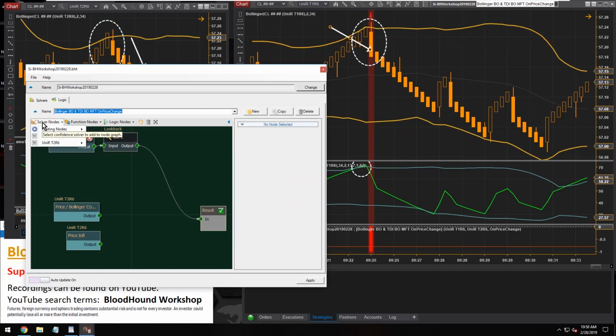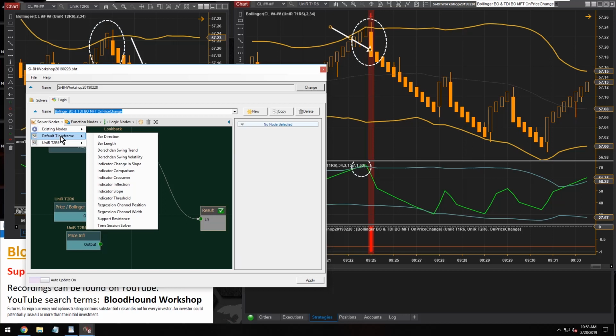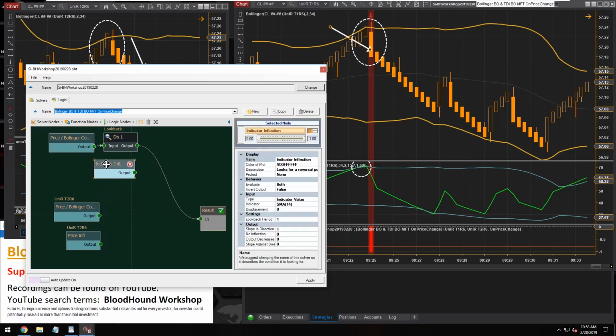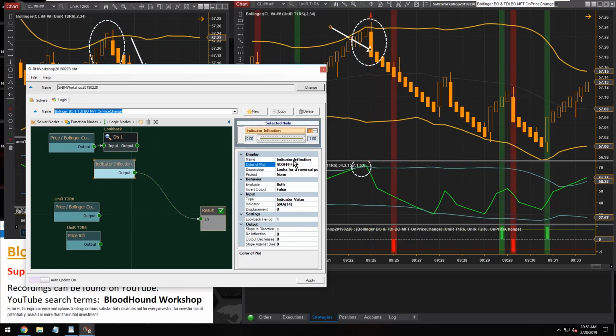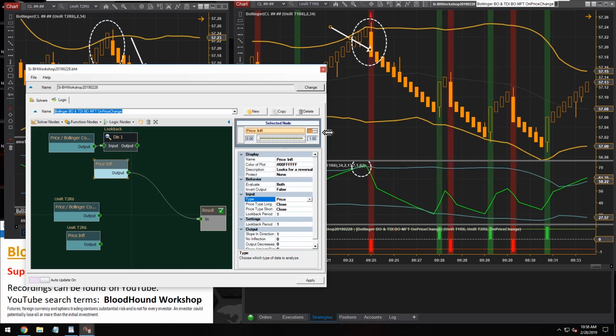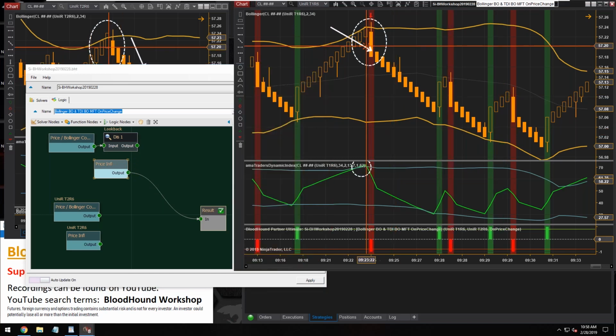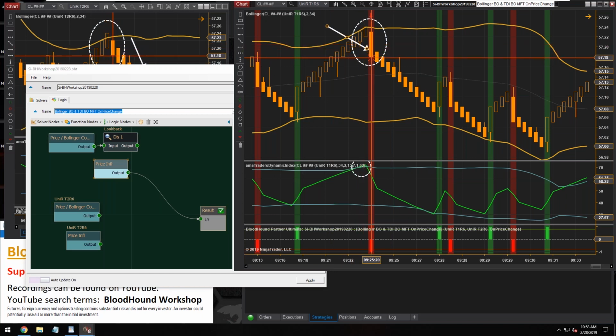And so now I can grab an inflection solver, and let's get this set up here. All right, so we want a price inflection. Let's change the input to price, and there we go. So we can see the short output on that reversal bar. So now